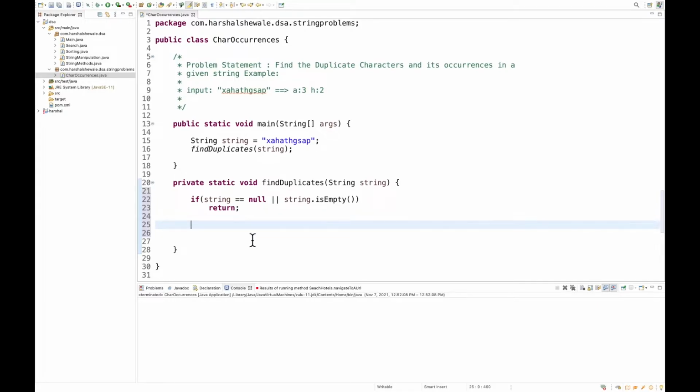Now let's move to the actual implementation. What is our logic? We have to take this string into the hash map character by character. You have to read character by character and store it into the hash map, and while storing each character, we have to store its occurrences. So we can consider the character as the key and the value of the hash map as the occurrences. Our hash map will have the key as a character and the value as an integer. So let's define one hash map, with Character and Integer, equal to new HashMap.